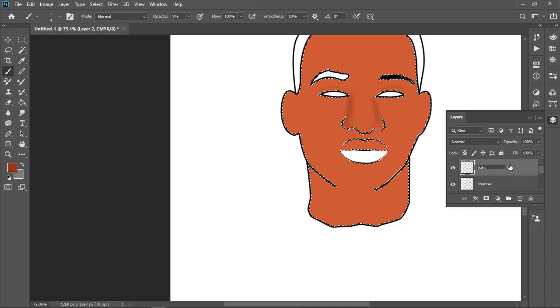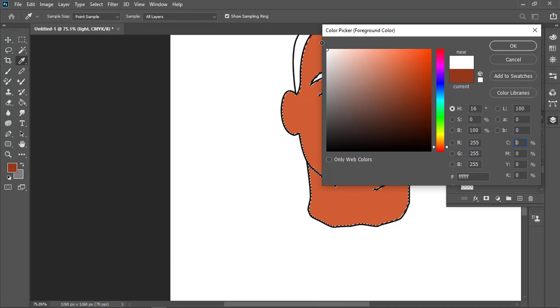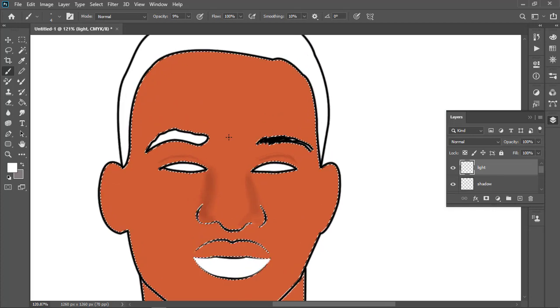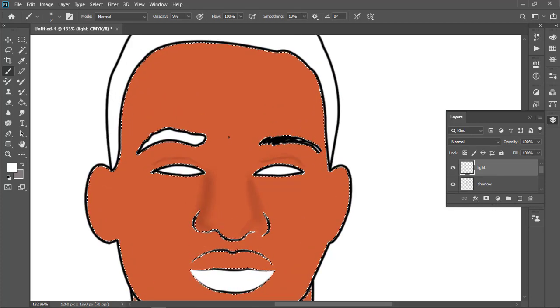Okay, then on this light layer, what you wanna do here, you change it completely to white. After making it white, the next thing that you would want to do is increase the brush size. After increasing your brush size, this opacity here you would want to bring it to 1. Then you just start brushing at the area where you feel like it needs light, like that. Just keep doing it until you get the amount of light that you need.